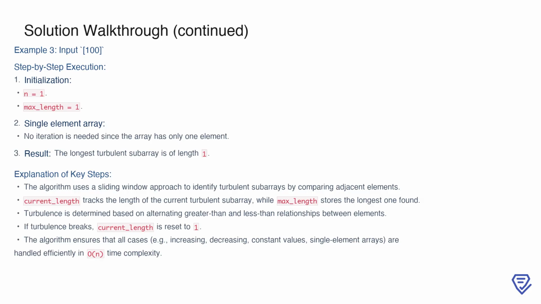This brings us to the key steps of the algorithm. The approach uses a sliding window to analyze turbulence by comparing adjacent elements. We track the current turbulent subarray length with current_length, while max_length stores the longest one found. A turbulent relationship alternates between greater than and less than comparisons. If turbulence breaks, current_length resets to 1. The algorithm handles all scenarios, including increasing, decreasing, constant values, and single element arrays, with an efficient time complexity of